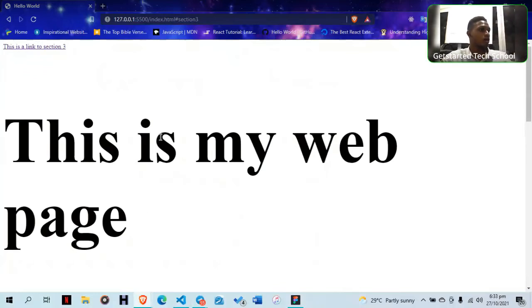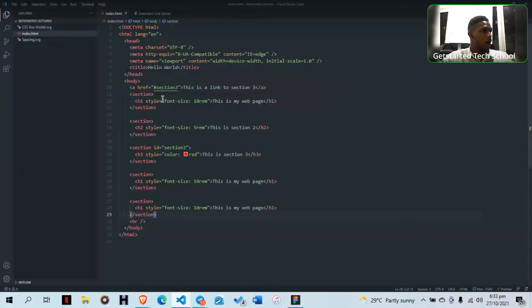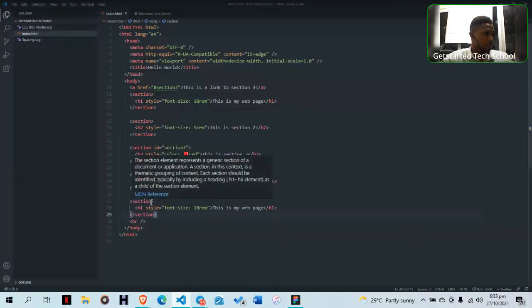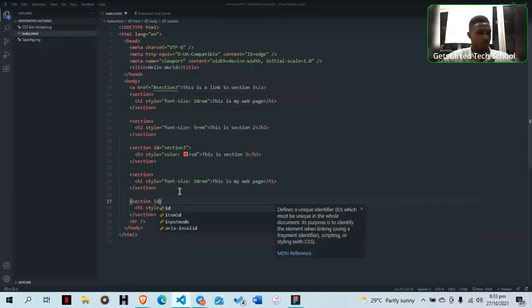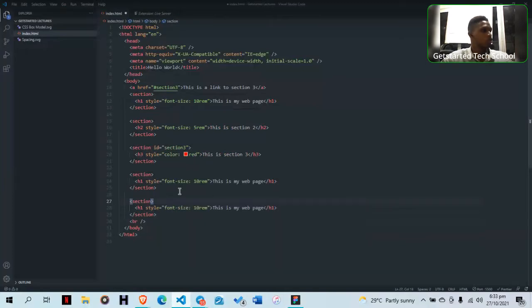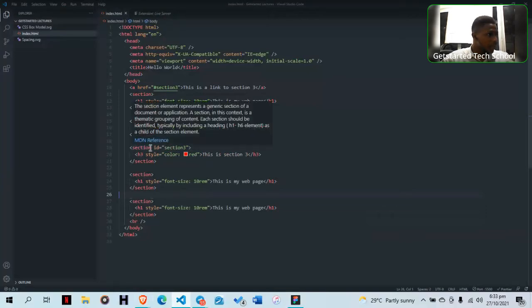So I stopped at linking to a specific part of the page, where I said, just with the ID attributes which I added here, or let me add this to the last item. This is my web page. Let me add it to the last item. Anyway, so I've created an ID here